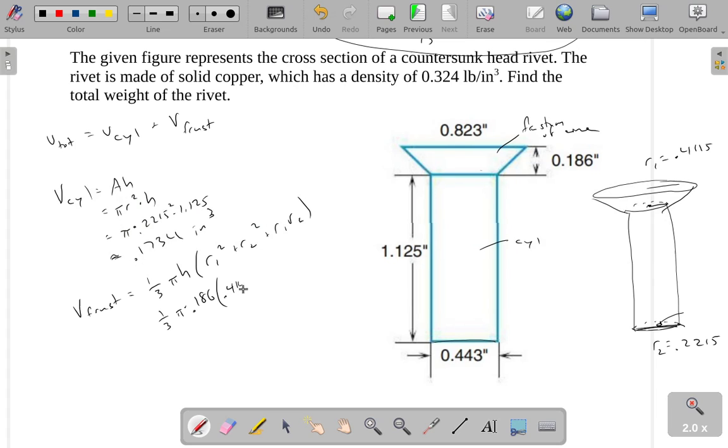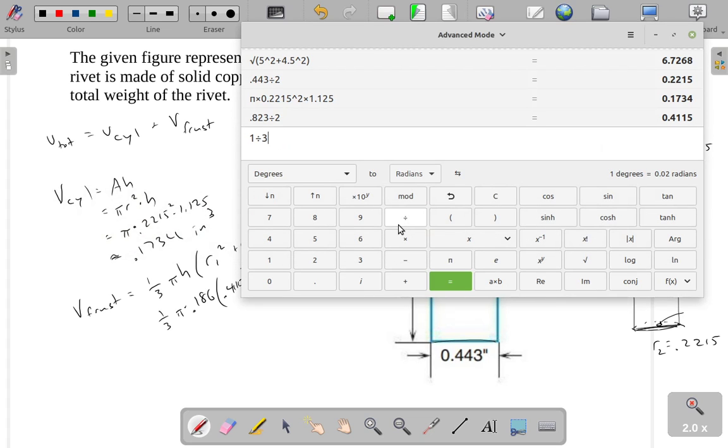And R2 is 0.2215, the radius of the bottom circle. So plug this into the calculator: 1/3 times pi times 0.186 times parentheses 0.4115 squared plus 0.2215 squared plus 0.4115 times 0.2215,